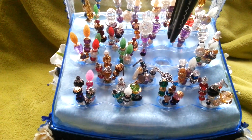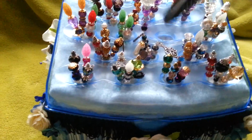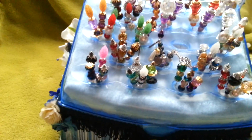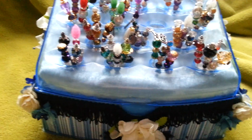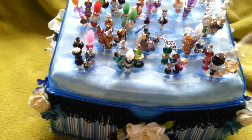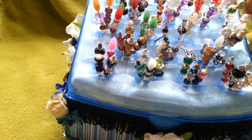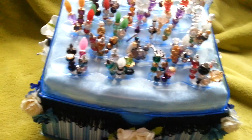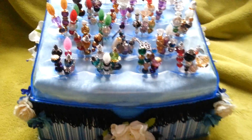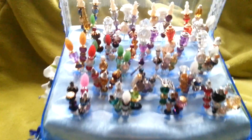That's all it was. It was just a clear blue plastic box, and all it had in was 18 holes in the top, just for your Fiskars scissors. So I decided to change it into my stick pin storage box. As you can see, so far I think there's 70 in here that I've made. They've all been handmade